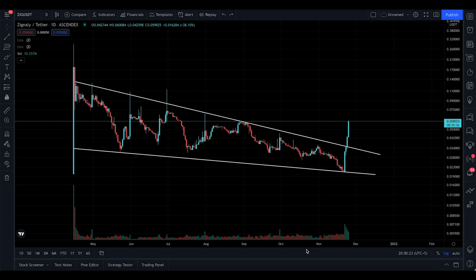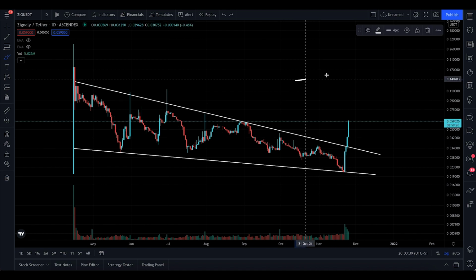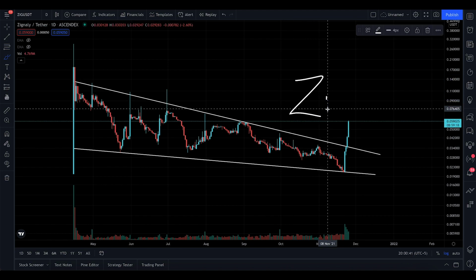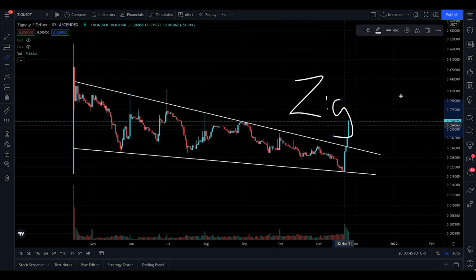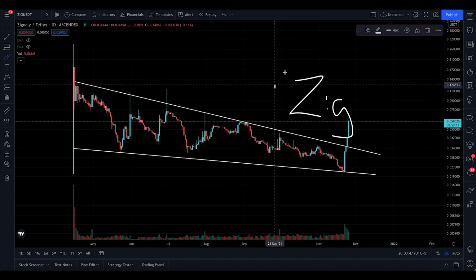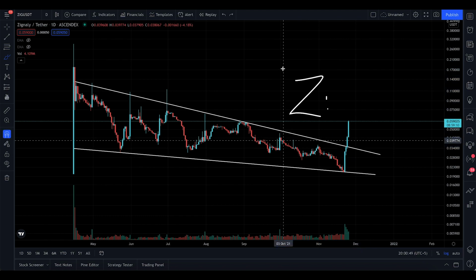Hey, Assalamu alaikum. Talk about coins with potential, talk about coins with a good team, talk about coins with a good project. Now, this is a tiny product, but I cannot say it's a tiny project. It's a project with a good potential, and it is called Zignaly. Okay, it's a coin called Zignaly right there. Sorry for this description right there. And the short name for Zignaly is ZIG.